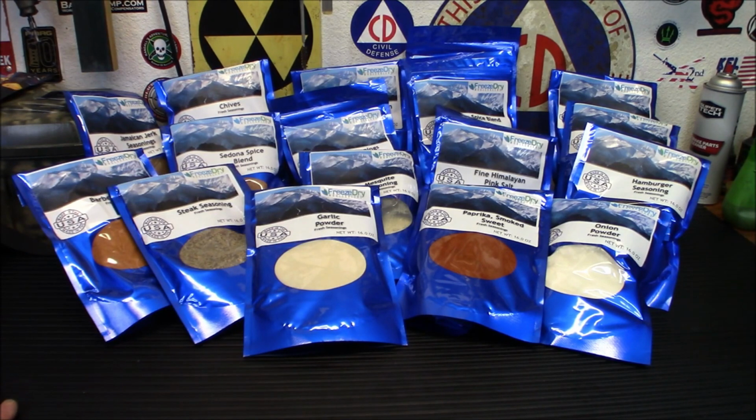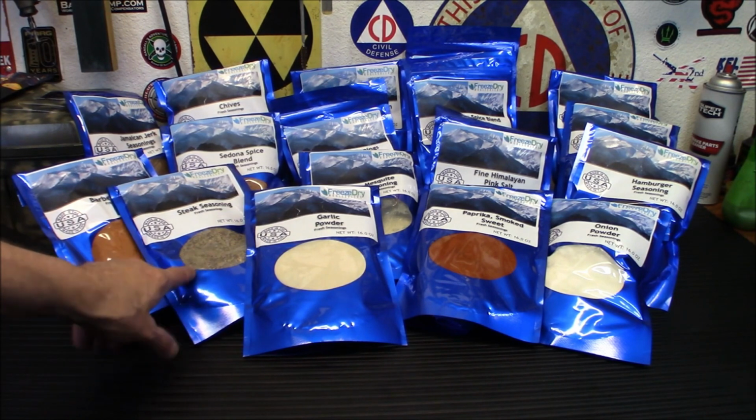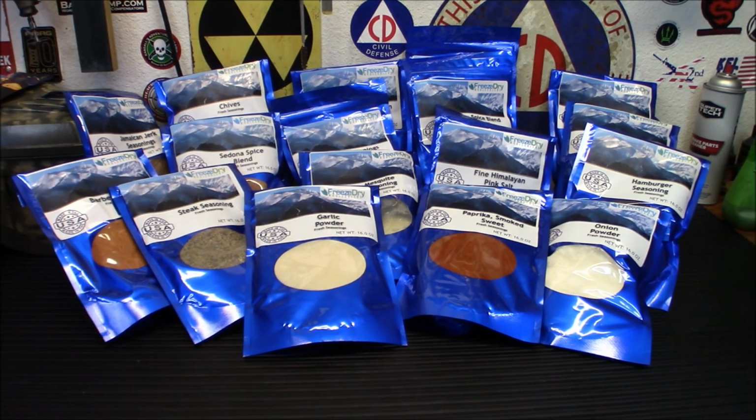With one pack of the barbecue spice, which is a 1-pound bag, you have a Cajun spice blend, chives, cilantro, Himalayan pink salt, garlic powder, and ginger powder. Really good for making chicken meals. I love my ginger on my chicken. Hamburger seasoning, Jamaican jerk seasoning, mesquite seasoning, onion powder, sweet smoked paprika, right there, rotisserie chicken blend, Sedona spice blend, steak seasoning, I bet you that would be pretty good on the filet mignons they sell, taco seasoning, and